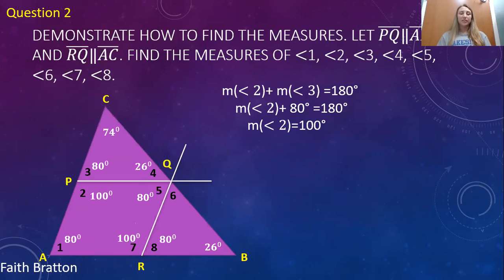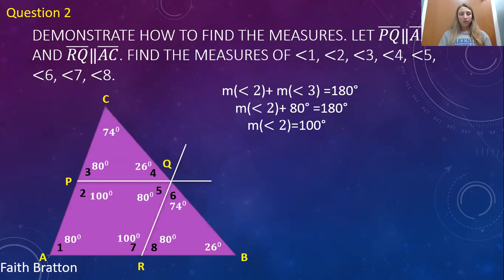Finally, consider BC right here as a transversal to the parallel lines AC and RQ. Angle 6 and angle C are corresponding angles, so they are congruent and their measures are the same. So angle 6